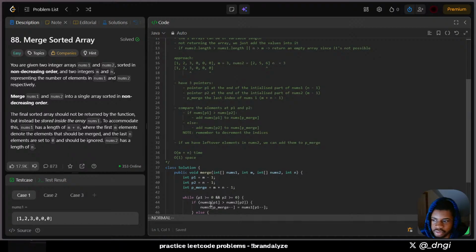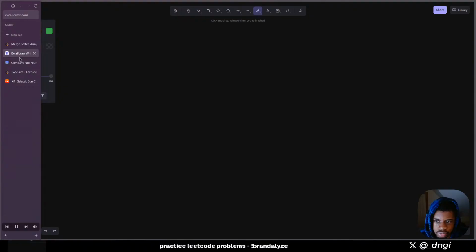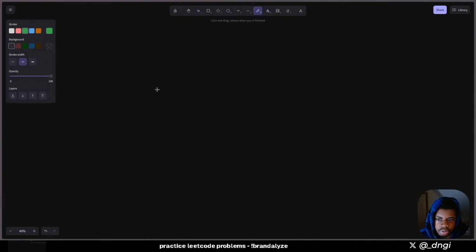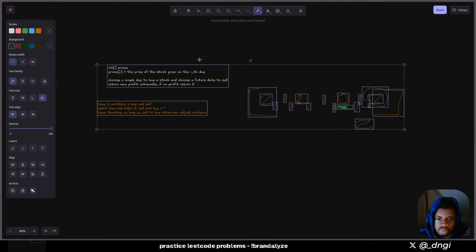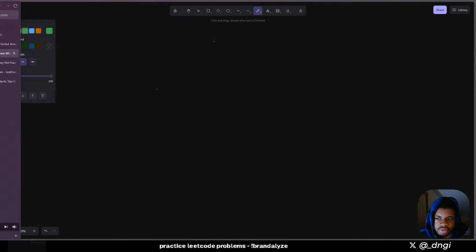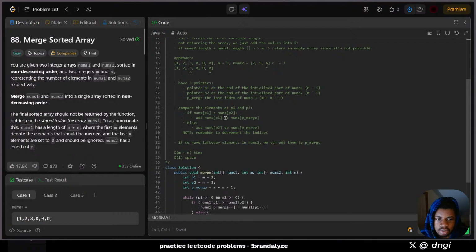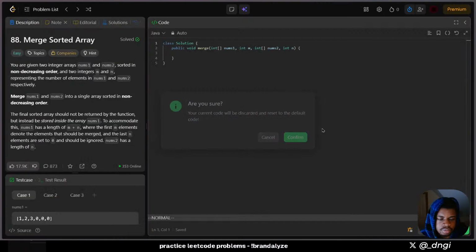So yeah, if nums1 p1, meaning nums1 at index 2. Oh, let's bring that back. Damn, I erased it. Okay, cool. It's all good. We'll figure it out. So we have int p1 equal to